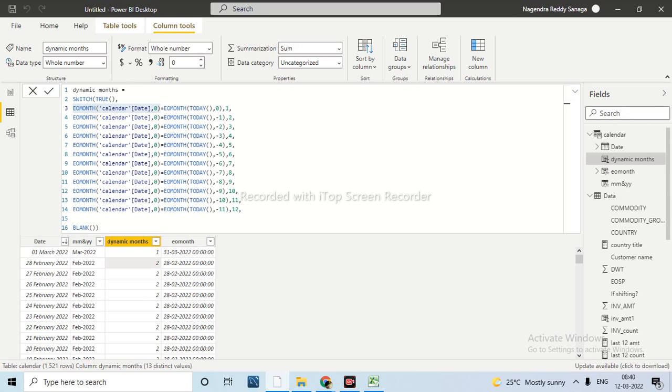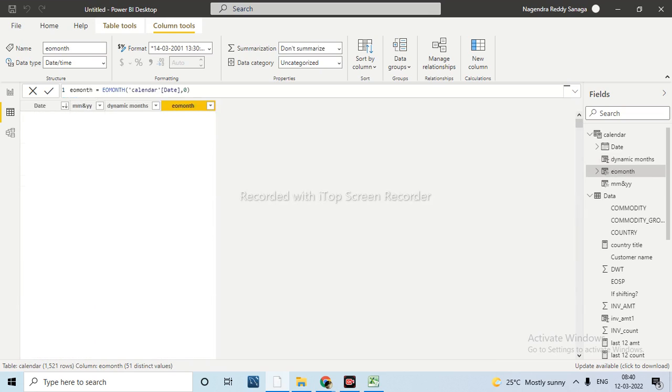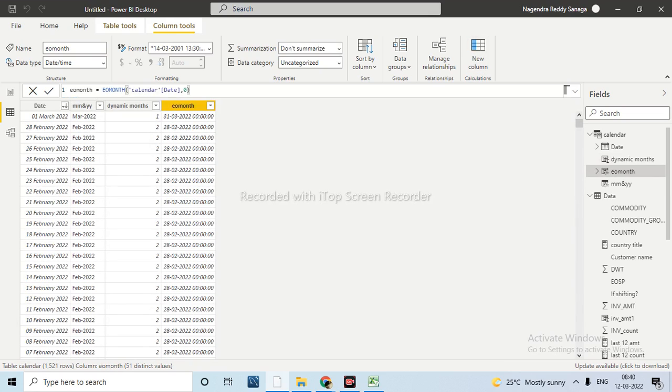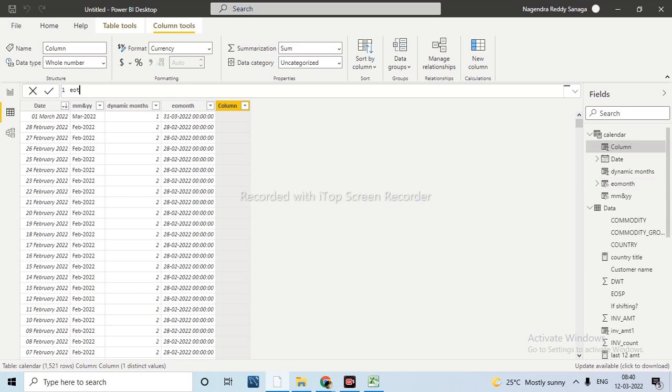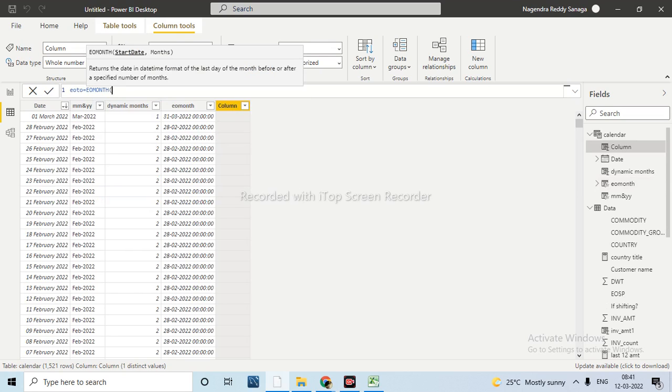Now a new example, I will make this column. First one I will take as 0 and later I will take as 1. New column. Here I am taking today's date.